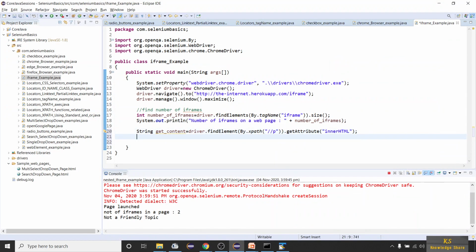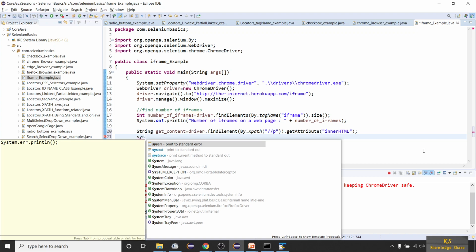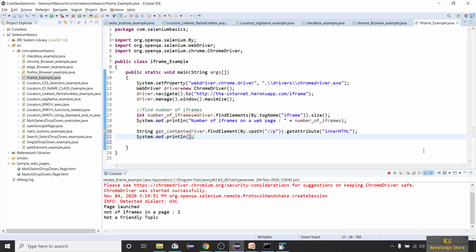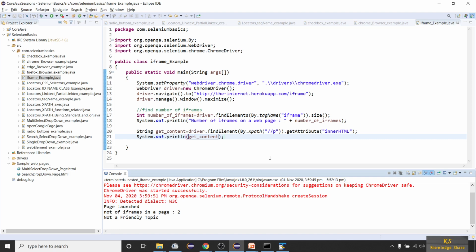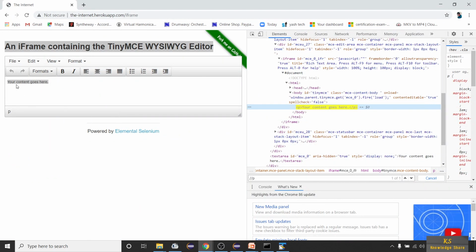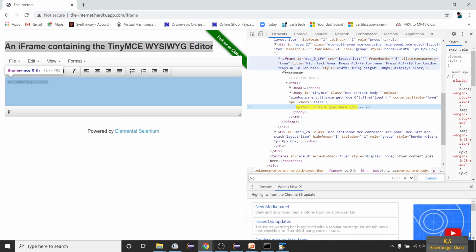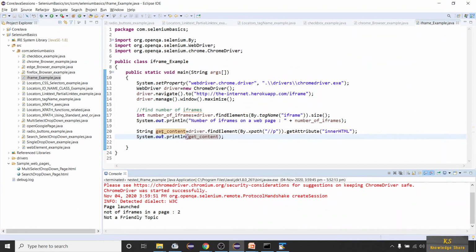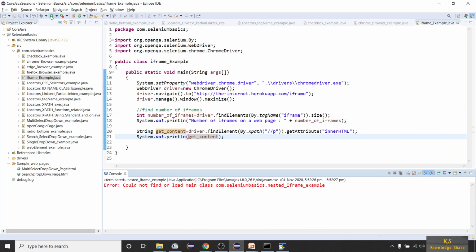Let me print this with System.out.println. Let's run this program, because now it should fail. Since this is in an iframe, you have to first navigate to the iframe, but we haven't written any iframe code here. Let's run this and see how it behaves.